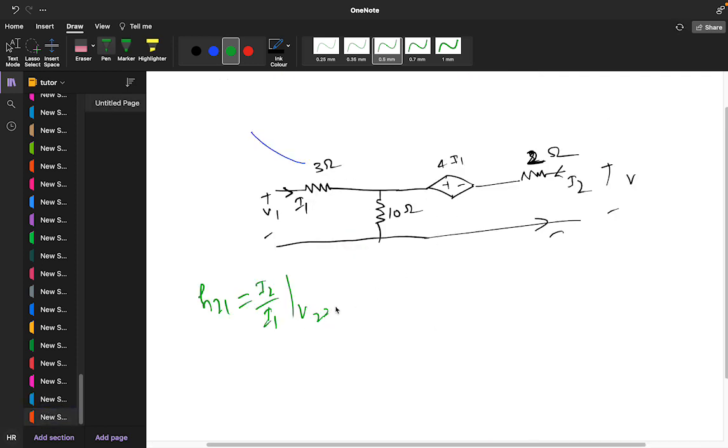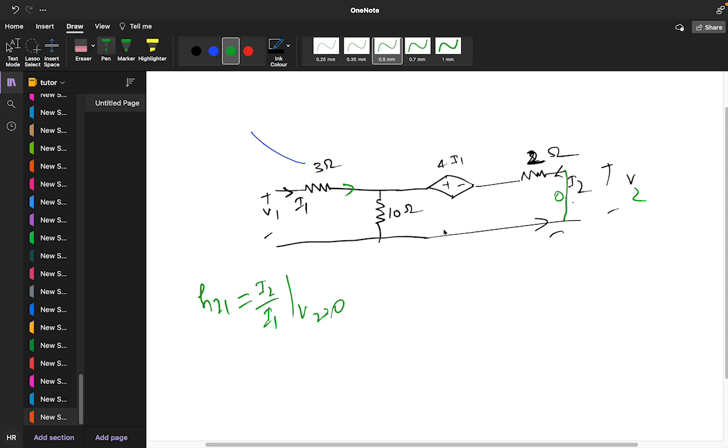So V2 is equal to 0. So how can we solve? You have to take V2 as 0. So just make it 0. It's a short circuit. Now you have a V1, you have to find the ratio between this I2 and this